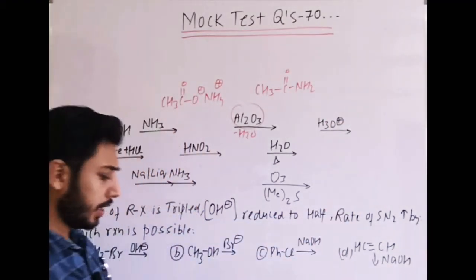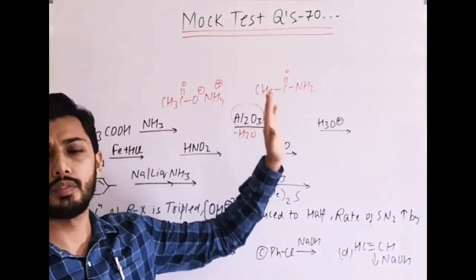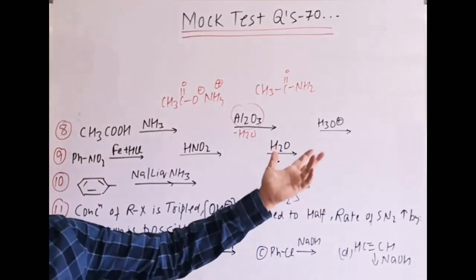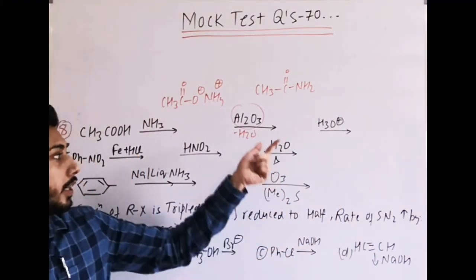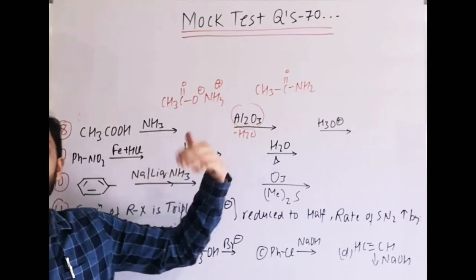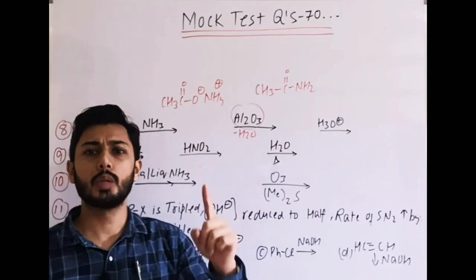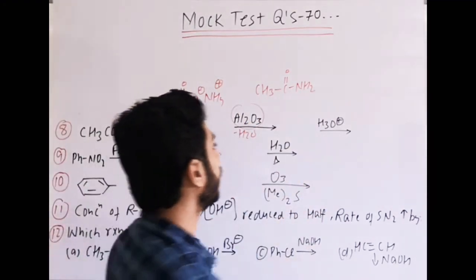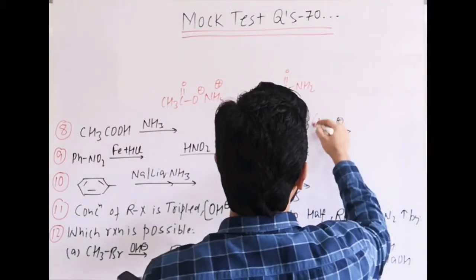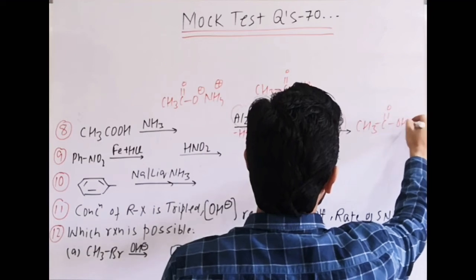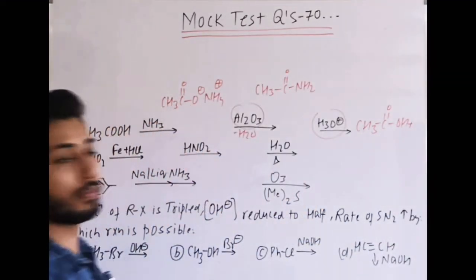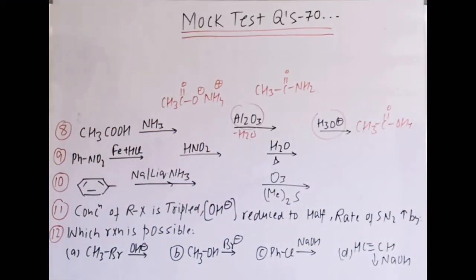Maybe on further heating it will form the cyanide group, but the final product remains the same, because the question asks for the final product. So the amide is formed, because nothing special is mentioned; there is no elaboration about Al2O3 being taken in excess. So remove the water molecule and form the amide. The amide on hydrolysis simply gives carboxylic acid plus NH4 plus. Okay, that is the product formed.